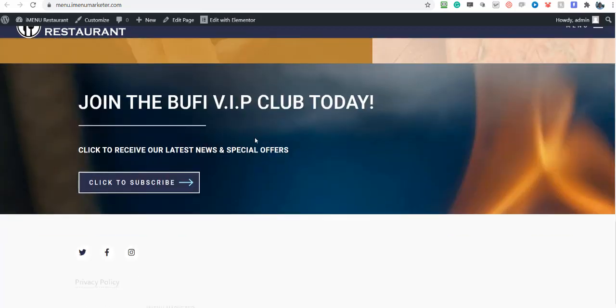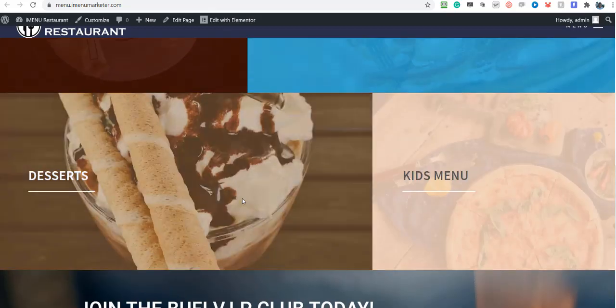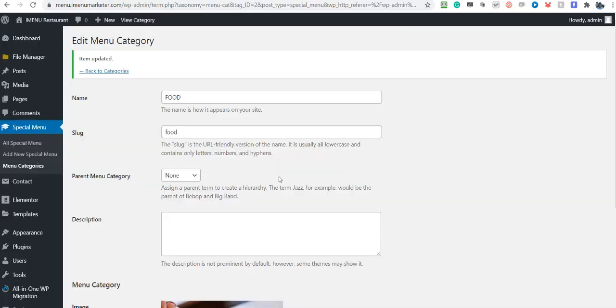And you'll see that we've got sections with maps, and you can have the contact form on the main page or just put the contact form on another page. Otherwise, that's pretty much it. You should be able to have your menus up very, very quickly, probably take less than an hour. And once you've got all your content in place and all the images done, and then you can update it